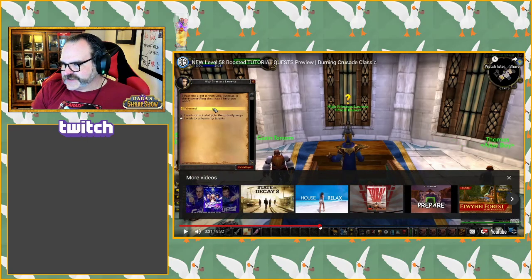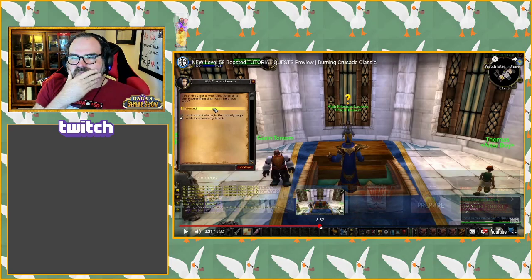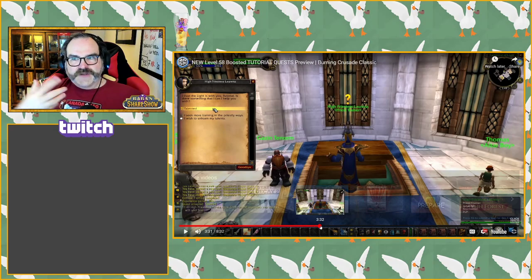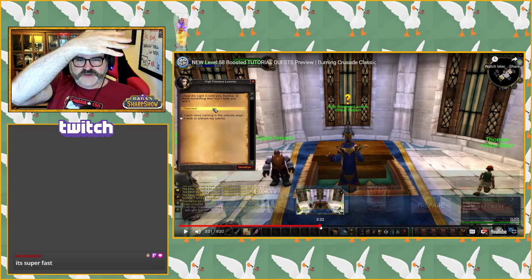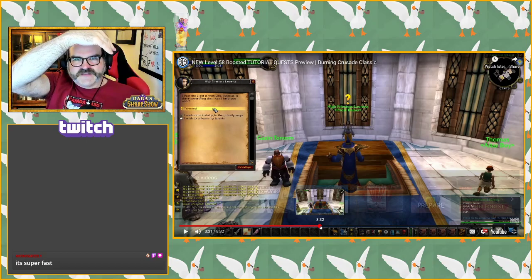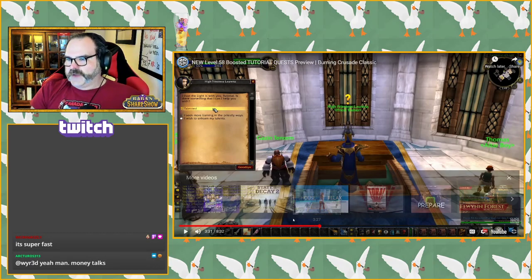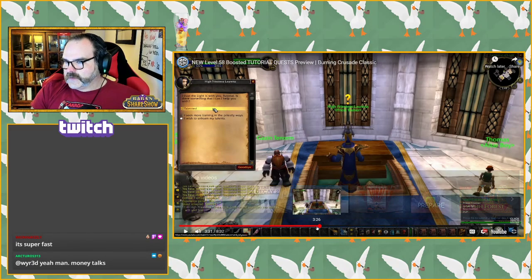That's actually having you do a quest. Are people really going to be made to do this before they get their character level 58? No one wants to do this. If I'm getting level 58, the first thing I want to do is take this character and throw them into the Outlands, where I've got all the stuff waiting. All right, hang on. I want to see...